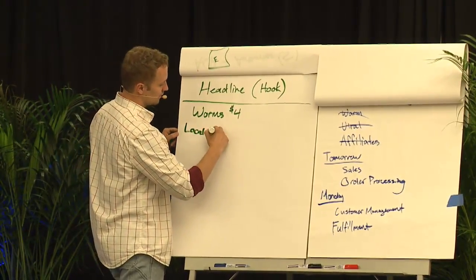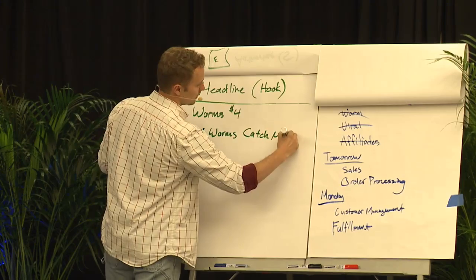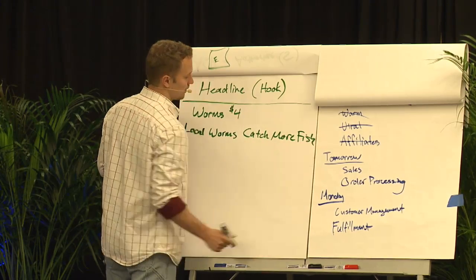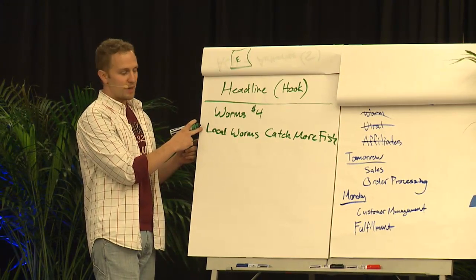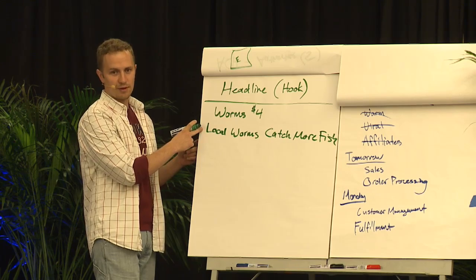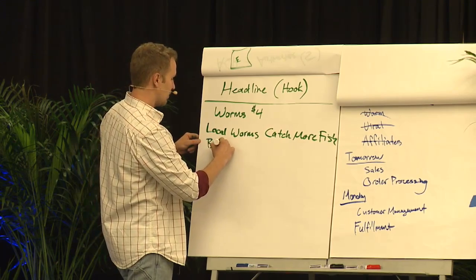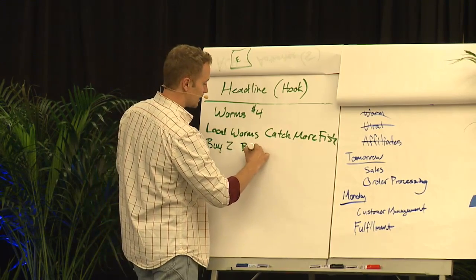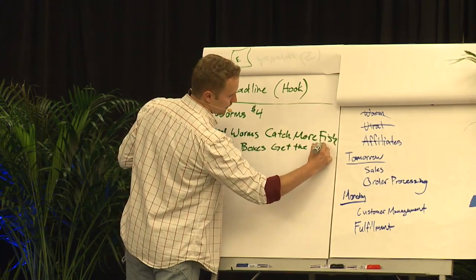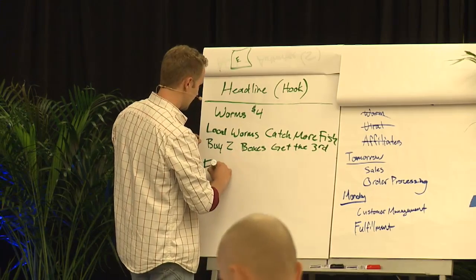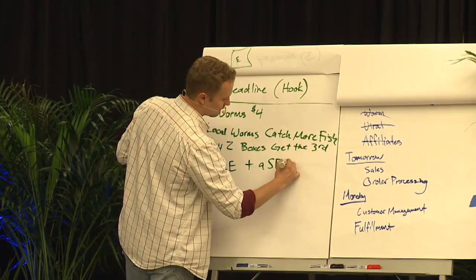And then he uses the example of this one. Local worms catch more fish. So this is the hook, and what it is, it's kind of just a little bit odd, but that's actually more interesting, right? So if you saw local worms catch more fish, and I'll try to remember the rest of it, buy 2 boxes, get the third free, plus a secret